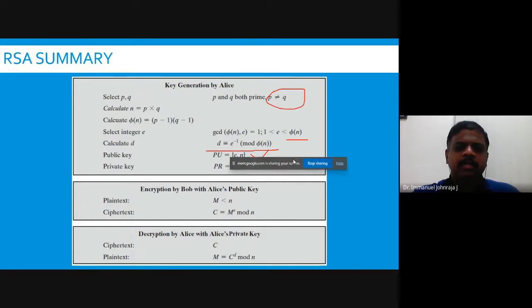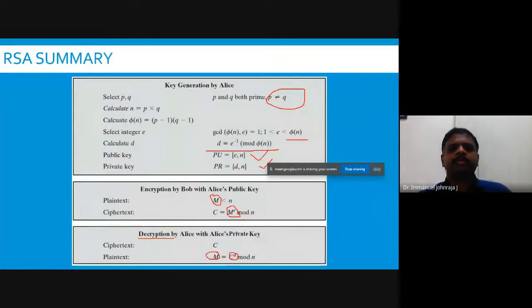Okay, and then how do we proceed? The plain text is taken as m. Ciphertext is calculated like the plain text is raised to the power of e mod n. We'll get the ciphertext. For the decryption, take the ciphertext raised to the power of d, in our example, take mod n. You'll get the original message m. Right? So this is how our RSA algorithm is working. Very simple yet powerful algorithm.